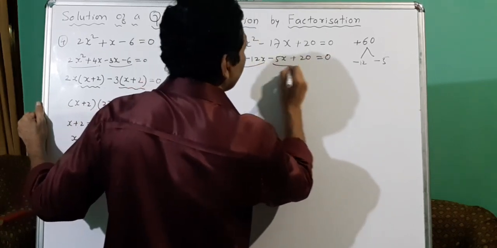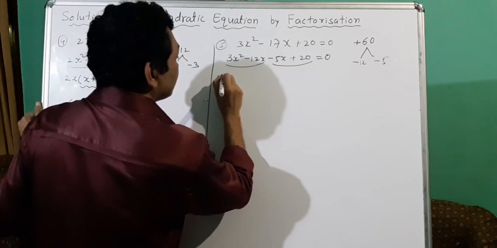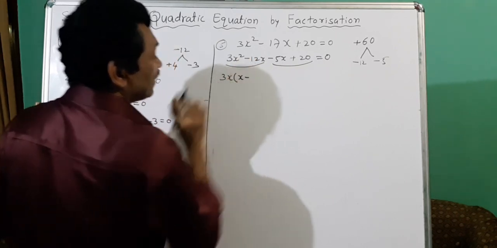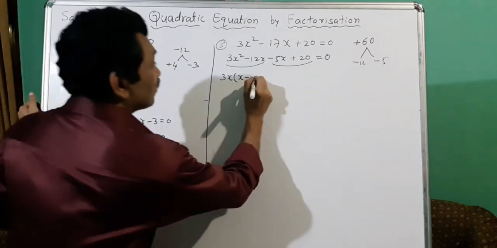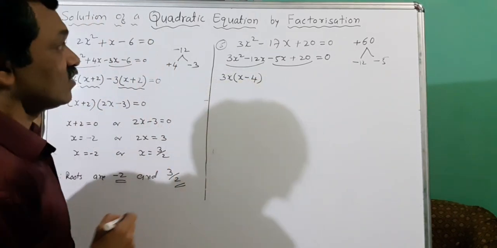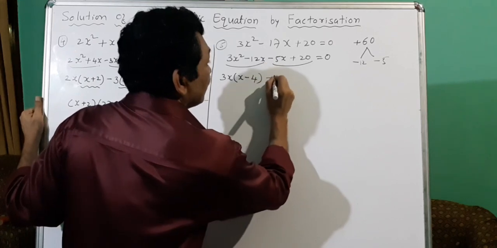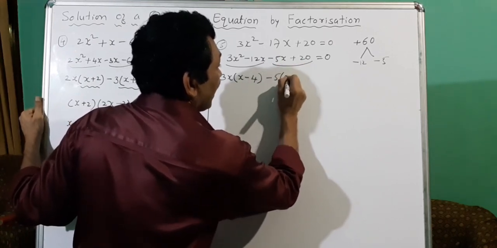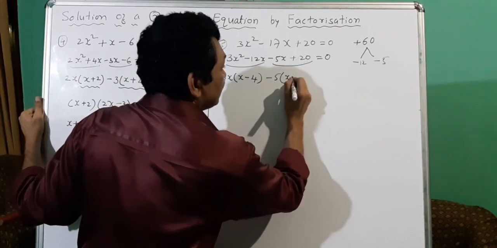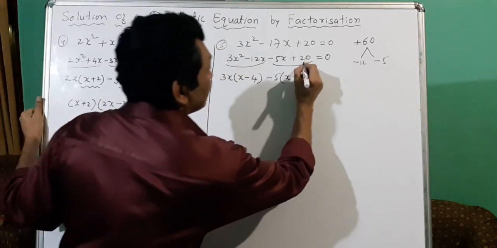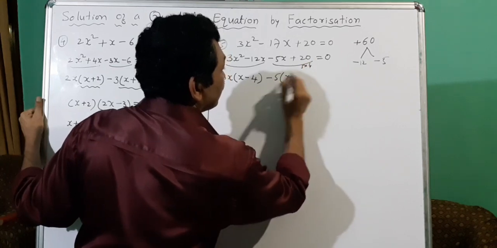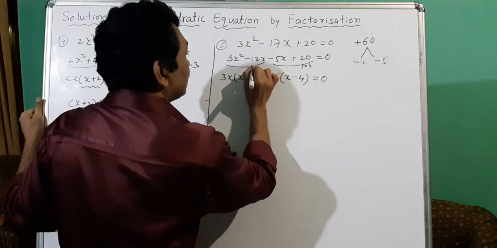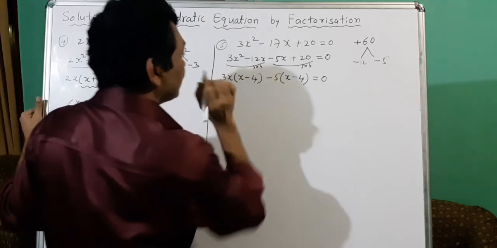Again grouping, make these two groups. Out of this 3 is common, x is common, so here x, minus sign as it is. 3 4s are 12, so 4. Minus sign, since here it is minus, I am taking the minus sign. 5 is common, so x, since I have taken the minus sign here I am changing this to minus. 5 4s are 20, this 20 can be written as 5 4s, so 5 is taken, remains 4, equal to 0. Or here 3 4s are 12, so 3 is taken, remains 4.